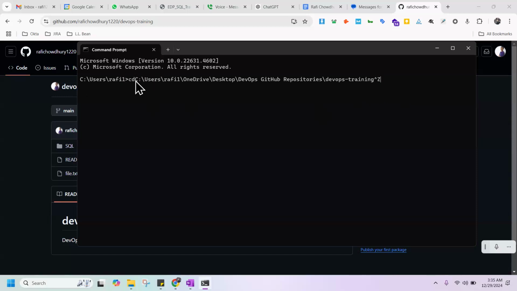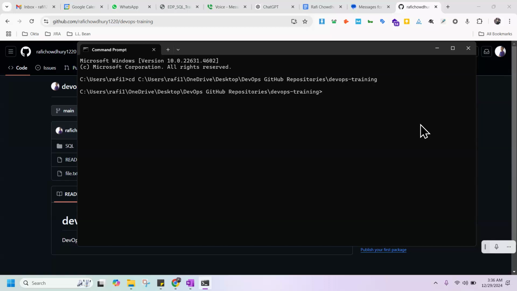Basically in command prompt, Ctrl+C is not working. You have to move by pressing the arrow keys, right? So just remove this Z, no, backspace, just use the arrow key. CD space and just paste this, and press enter. Now you are in your repository. So this is one way to move into a particular repository, right? This is a long way. Now you can close this.